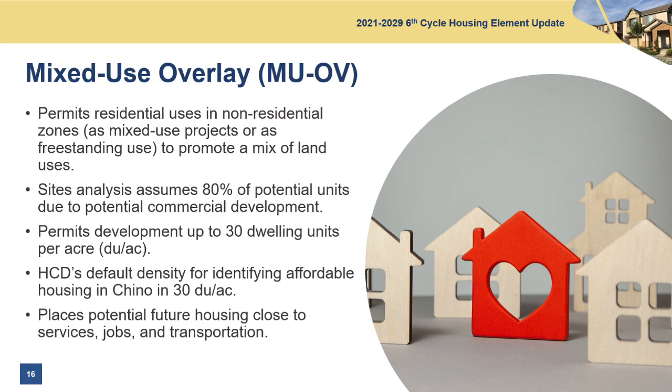That's why I keep harping on that number. That's the number essentially that the state has identified for the city of Chino to say affordable housing is likely or can be built at this level. It doesn't mean that units built at 30 units an acre are going to be affordable. You can build, if the agreement works out, affordable units, even single-family affordable units. The city of Chino has some existing single-family affordable, or you can build 60 dwelling units an acre and none